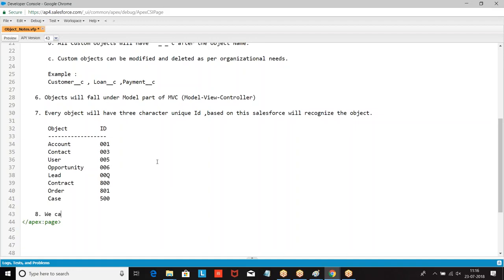Next, we can create custom objects in 3 ways.